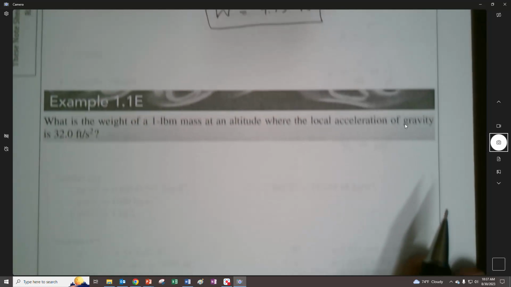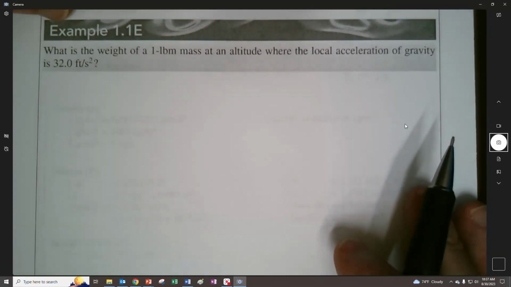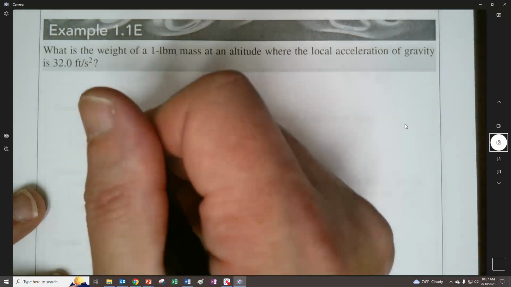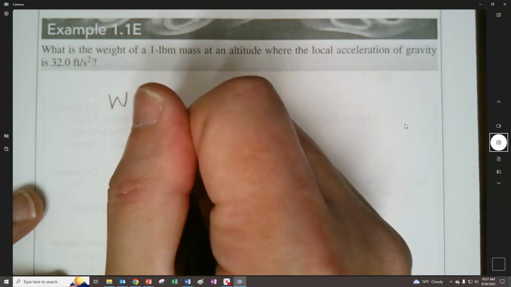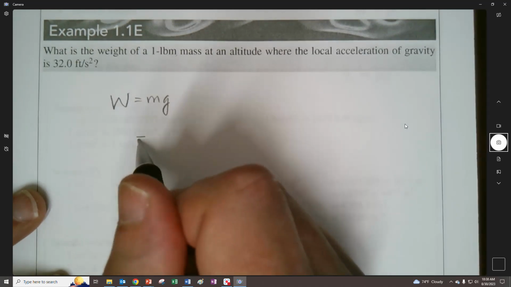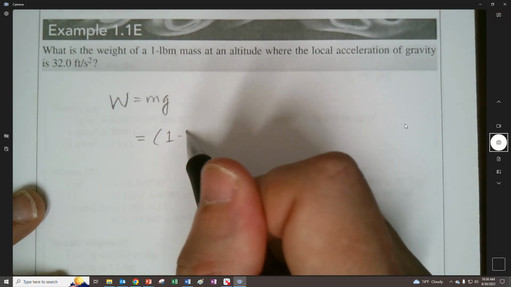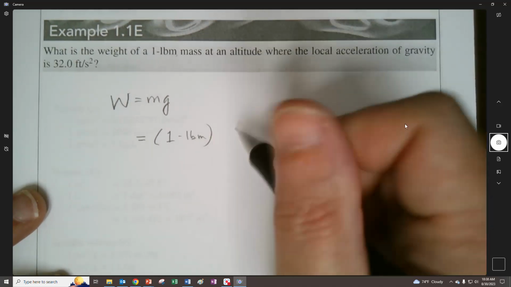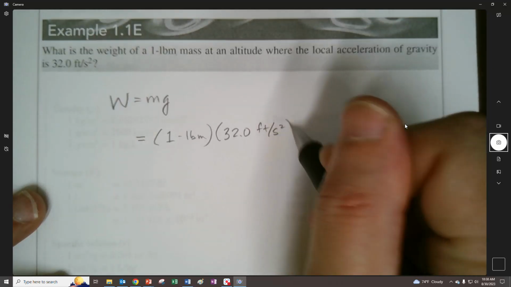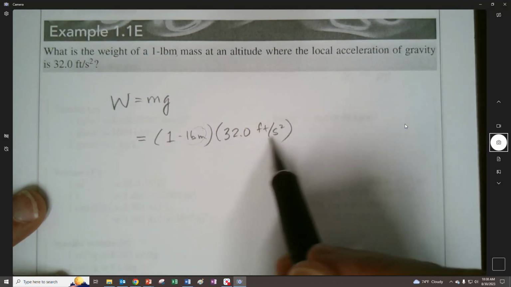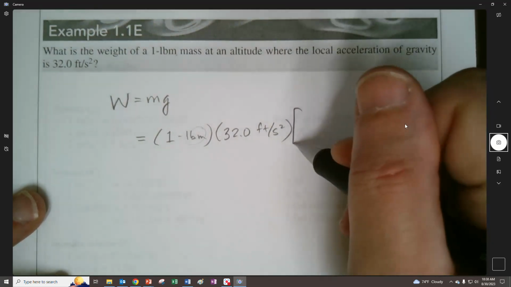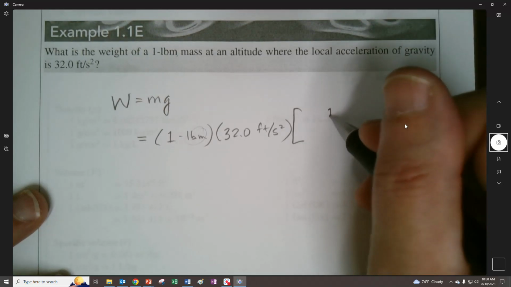Here's another example where we're using English units to compare and contrast what happens with the 1 pound mass. All right, so we once again have mass times gravity equal to the weight of the thing. So that's going to be 1 pound mass times 32.0 feet per second squared. But when you combine those two things together, they don't turn into a pound force. You have to use 1 pound force